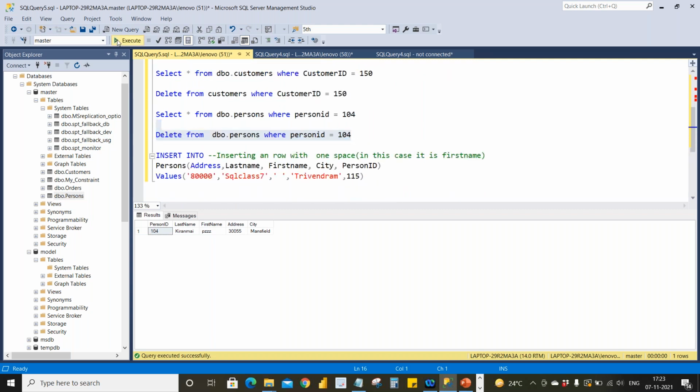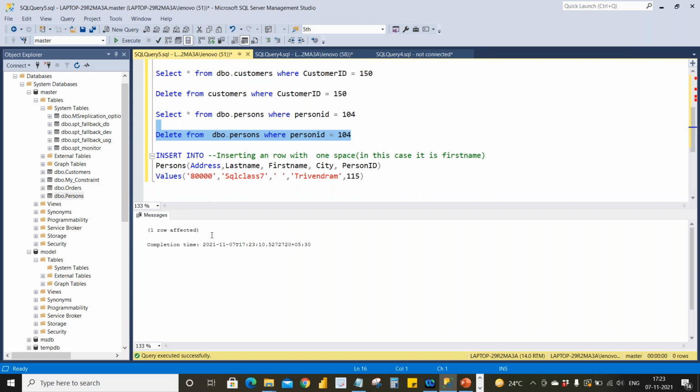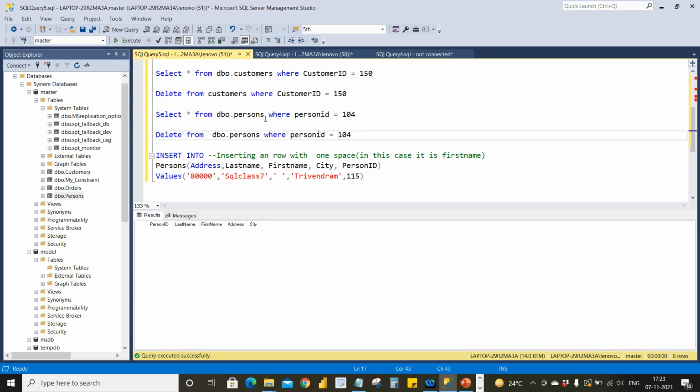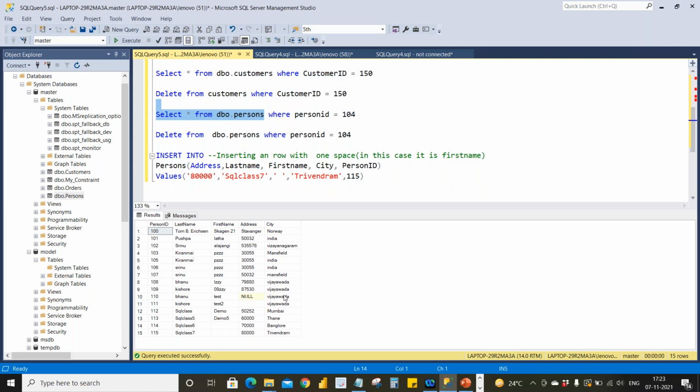One row got affected, and we'll see whether it's there or not. It's not there. So 104 is totally deleted. Let me add one more with 104 just for future purposes.